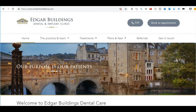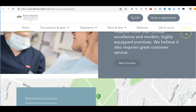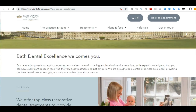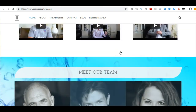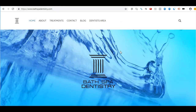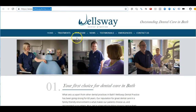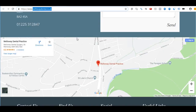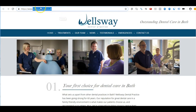Let's have a look at this one. This is the second. Again, easy to outperform. Let's have a look at the third one. Again, easy to outperform. Let's have a look at yours. Again, you just need some more content on there. Okay, so that's really what the content is about. You need to have content there, and as I showed you there, it's pretty easy to outperform